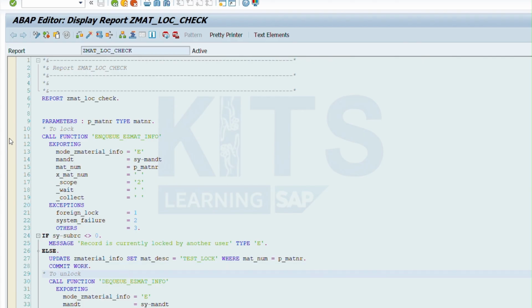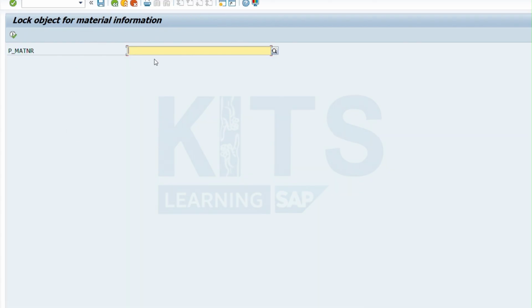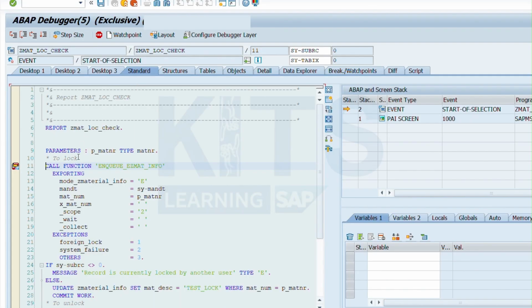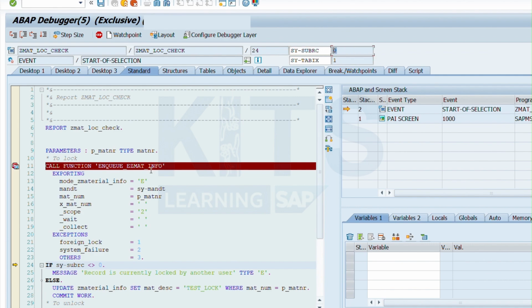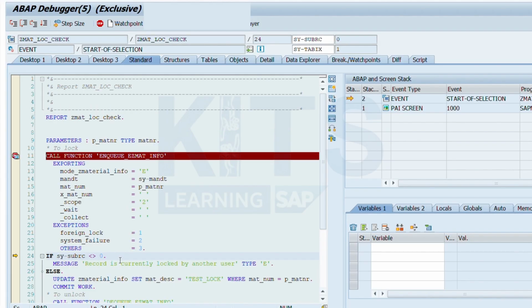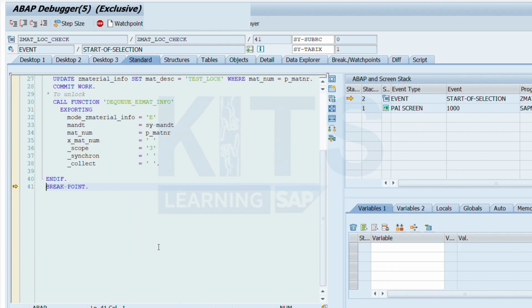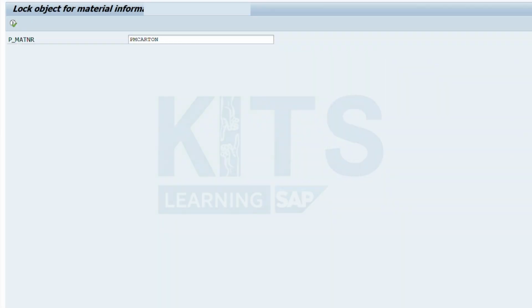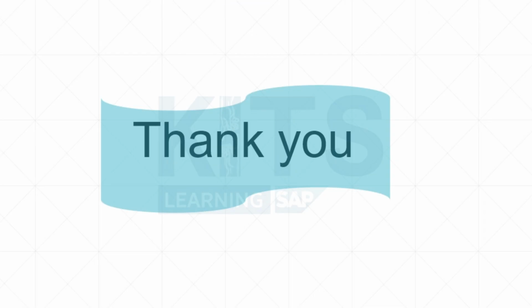If you now check transaction SM12 at this instance, we can see our object locked there. Also, if you check this in debugging mode, after executing the enqueue function module, the sy-subrc value will be 0. Then, parallelly, when you try to execute the same report program, an error message appears stating it is already locked, that is, foreign lock. Then call the dequeue function module to release the same. After calling the dequeue function module and checking the SM12 transaction, our object will be removed from the list. So, these are the steps involved in locking and unlocking objects in SAP ABAP.